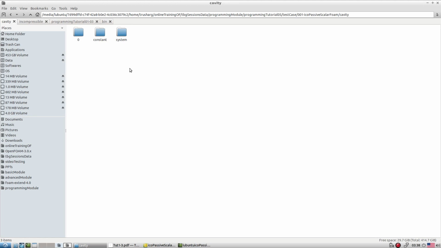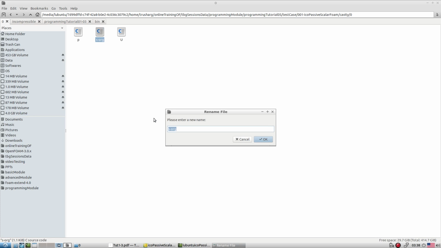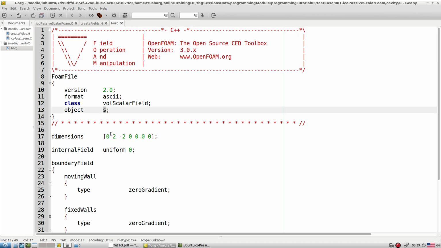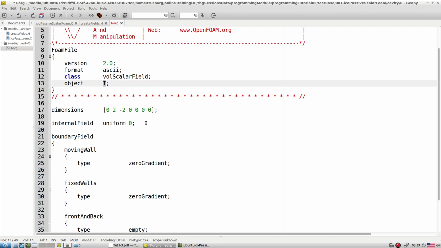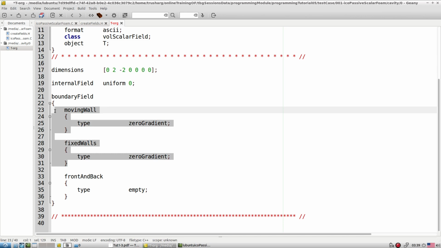Inside the cavity, by default if you see in this 0 folder we have a U file and a p file. Along with that, let me also construct one additional file, copied from the original file p. The new file we construct as the temperature, T. In here we say top wall and all the fixed walls equal to zeroGradient only.